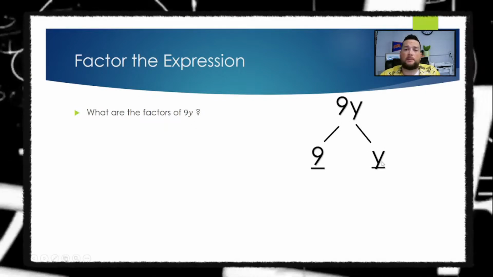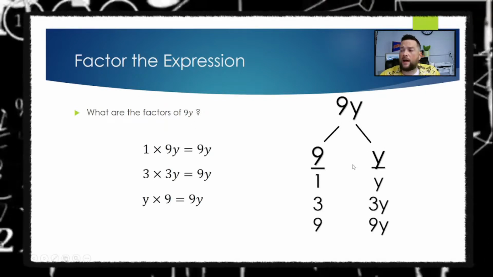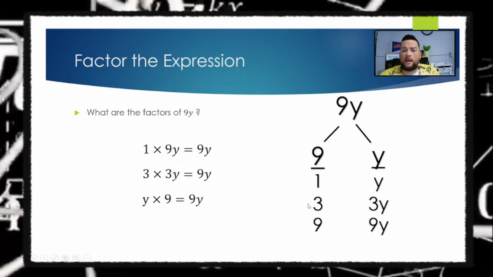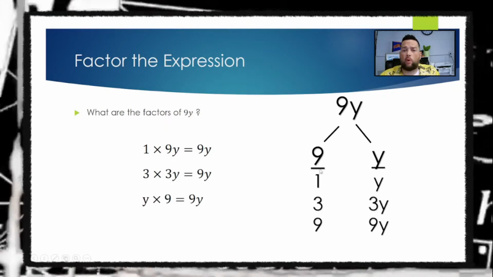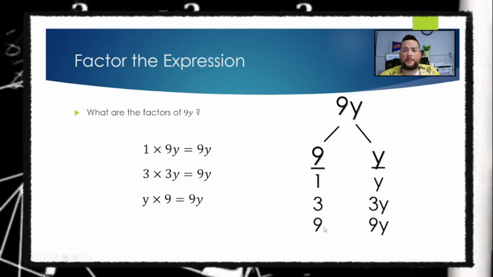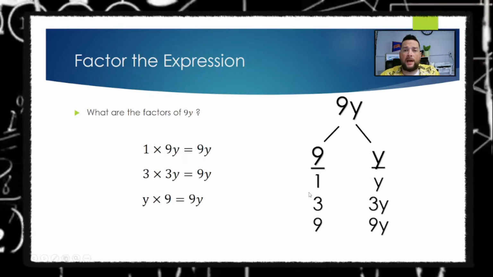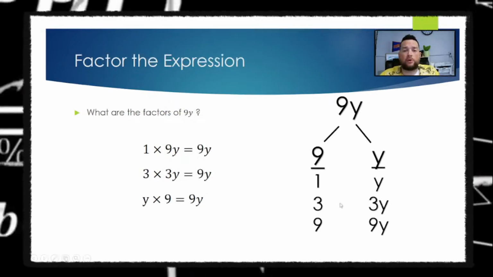I've just split them off. Then what you're going to do is find all the factors of the number, all right? You see how right here I've got the factors of 9 are 1, 3, and 9, all right? So you're going to find the factors of the number first, and then you'll include those numbers with the variable